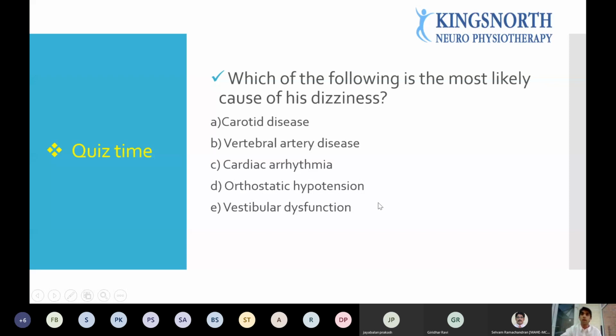It's because of the very similar grounds, but they have to do caloric tests and other further tests to confirm it. But you're absolutely right, sir. So these are the two that came out. You can actually see that carotid artery disease is not possible as the cause of the dizziness. So you can bin it, and you can start grading the options.